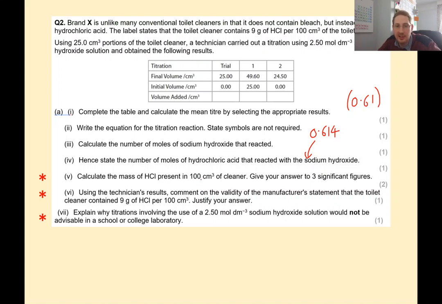Calculate the mass of hydrochloric acid present in 100 centimetres cubed of cleaner. Right, you're using 25 centimetre cubed portions, so the first thing we need to do to work out the number of moles is 0.614 times by 4, and that gets us the amount that's present in 100 centimetres cubed of cleaner. But then we want the mass, so we need to times the number of moles by 36.5, and if I do that, 0.614 times by 4 times 36.5 gives us